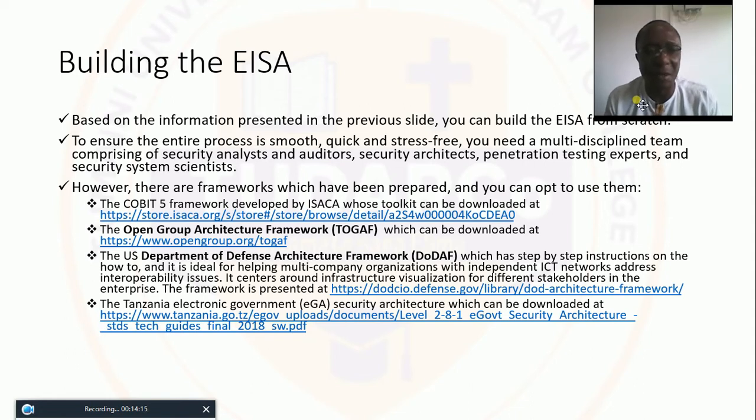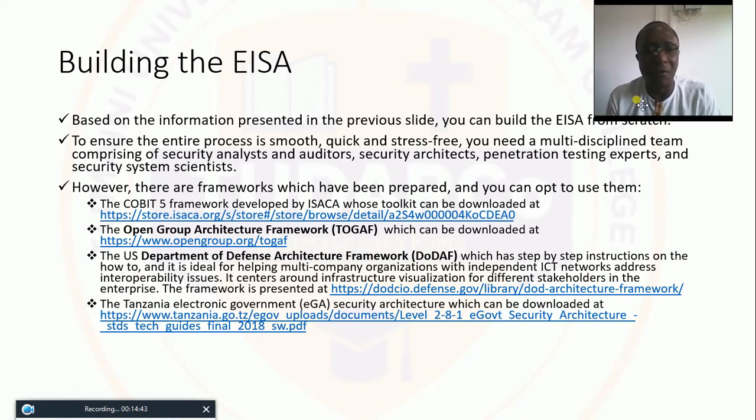You have a number of references which you can refer to, and knowing the basic principles, you can create the enterprise information security architecture at the institution where you will be employed. But however, if you find building from scratch is difficult, you can follow